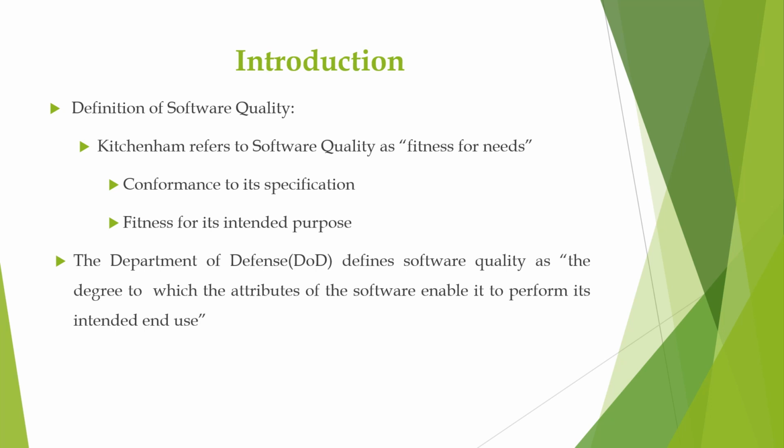Simply says that SQA is a process which works parallel to development of software. It focuses on improving the process of development of software so that problems can be prevented before they become a major issue. SQA is a kind of umbrella activity that is applied throughout the software process. So from the beginning stage of the software product development till the end, the software quality assurance has to be ensured throughout the development process.